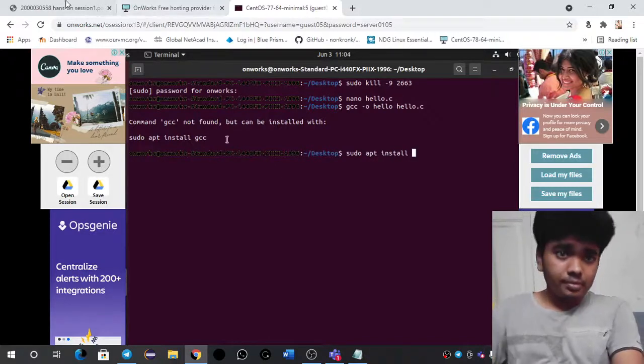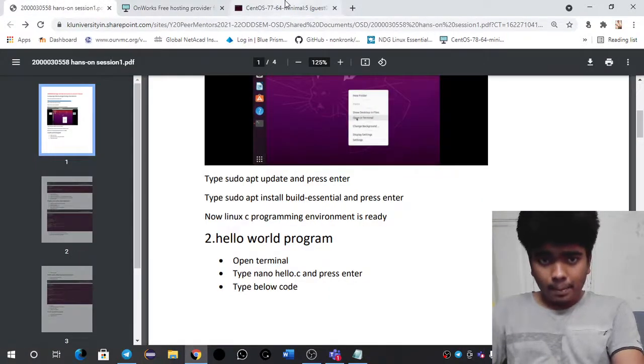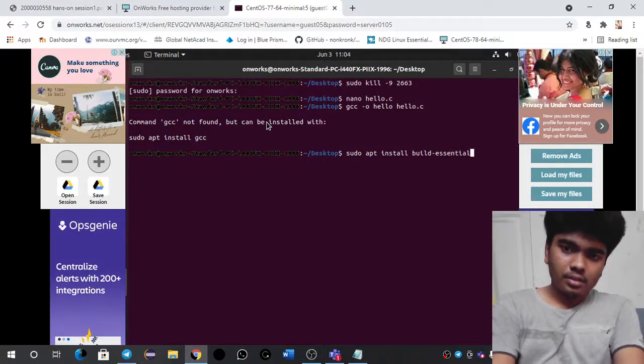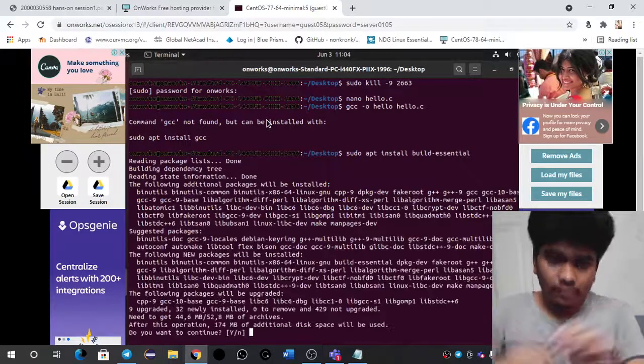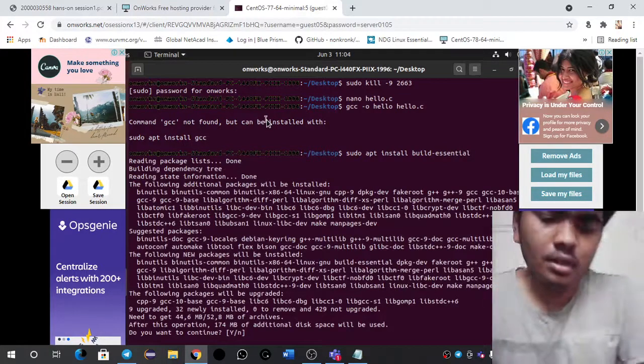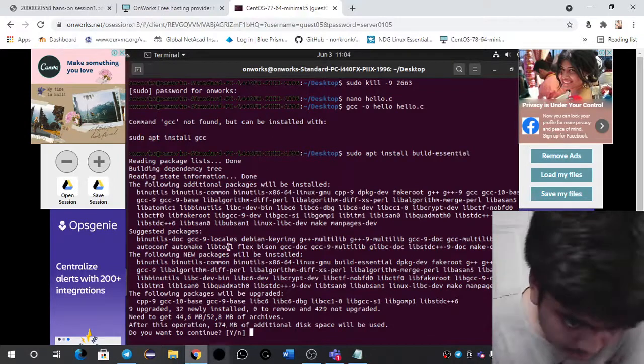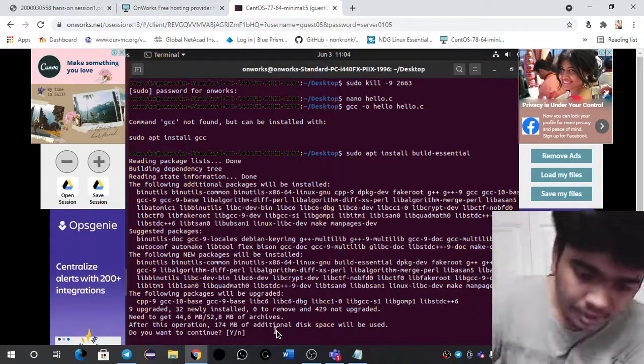Errors happen in this type of coding. So build-essential. Yeah, fine. I had just forgotten to install build-essential. Here it is showing, do you want to continue? Yes.